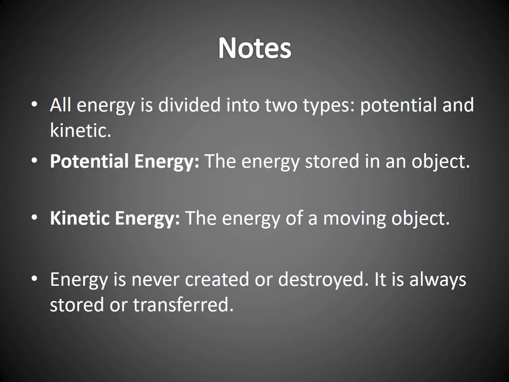So that makes that the activities that you will do this week. So we're not going to do this right now. Okay, so what do you need to know, and make sure that as you do your Cornell notes, you can do them with me. But a summary is all energy is divided into two types, potential and kinetic. Potential energy is the energy stored in an object. Kinetic energy is the energy of a moving object. And remember, energy is never created or destroyed. It is always